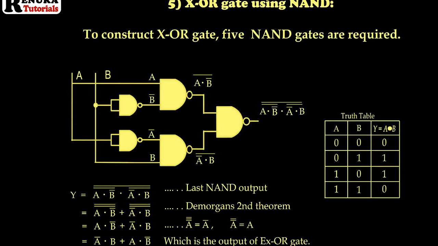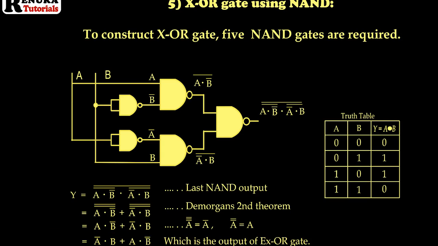XOR gate can be constructed using the Boolean equation of XOR gate. See the diagram, you can see we require 5 NAND gates. First product can be constructed as A is given directly and B is complemented. So at the second NAND gate, the output will be A dot B complement and its whole complement. On the lower NAND gate, the inputs will be A complement and B directly. So at the output of the lower NAND gate, the output will be A complement dot B and whole complement. Now the outputs of both the NAND gates are connected to the last NAND gate and we will get A dot B complement whole complement dot A complement dot B whole complement and again a whole complement.